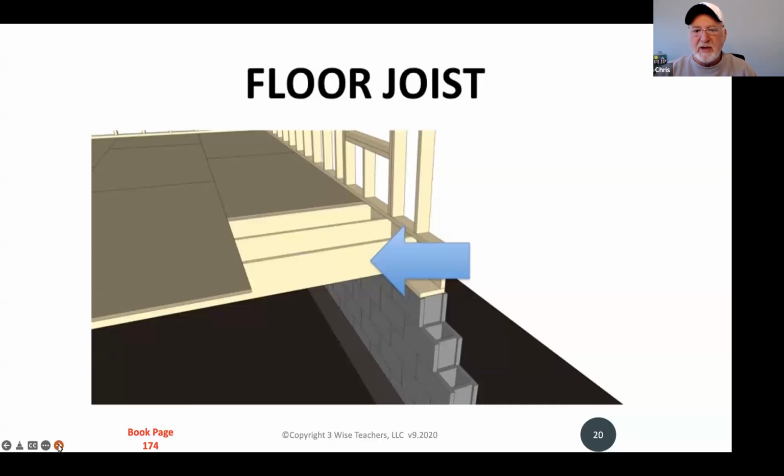The next ones are going to be your floor joists. And oftentimes your floor joists, in general, are referred to as the horizontal framing members of the house. So when we're talking about a floor joist, you can see that it sits on the sill. It will run across the space of the house. Oftentimes there's going to be a pier and girders for the floor joist to sit on top of, and that's where our floors are going to be built.